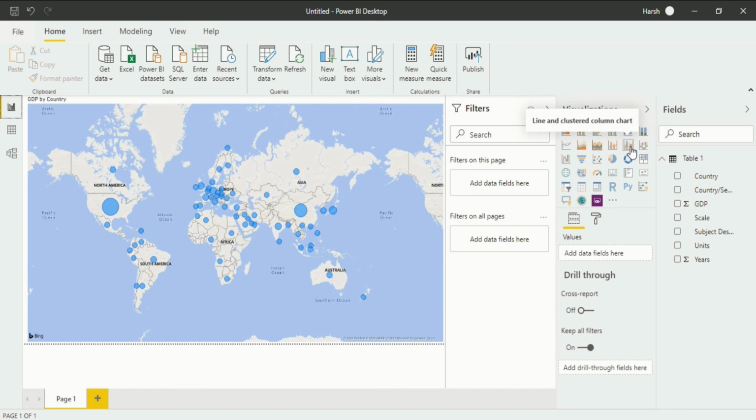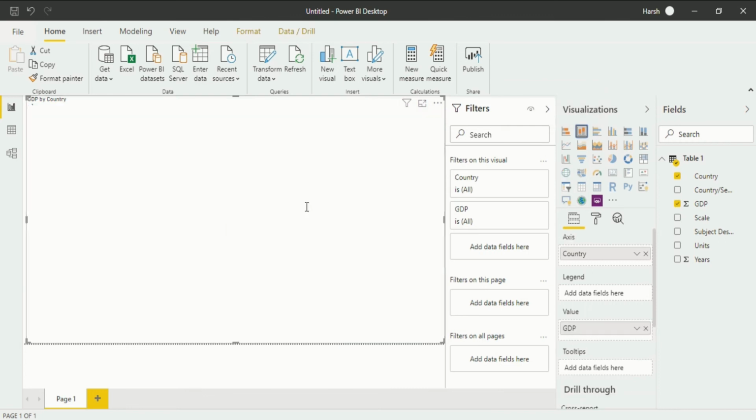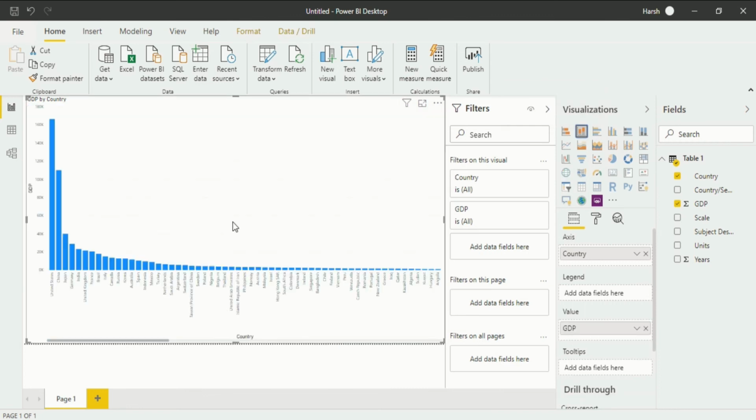For instance, if I select our world map like this, and then after that I press on a column chart, then the visualization type changes. Listen carefully to what I am going to say: we did not change anything about the content that is displayed.